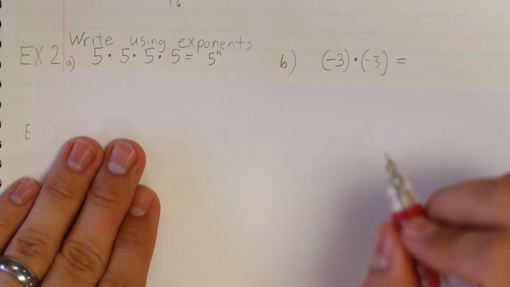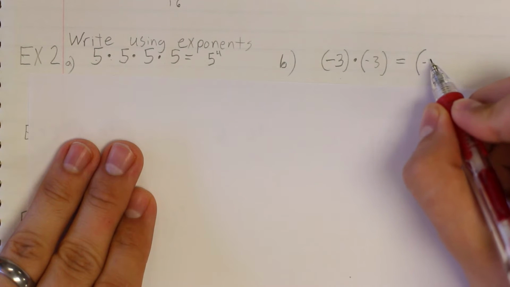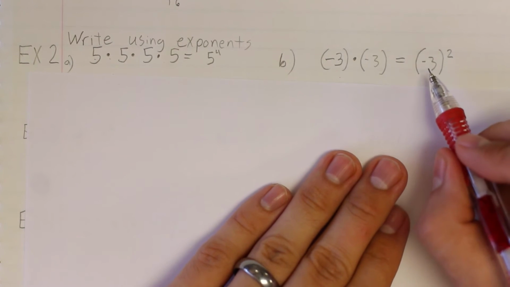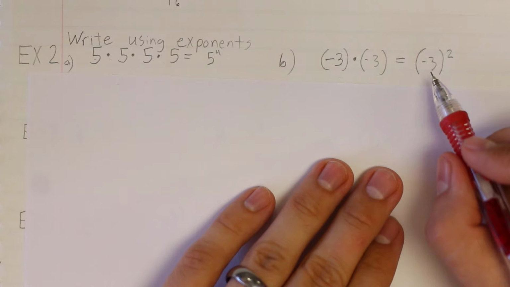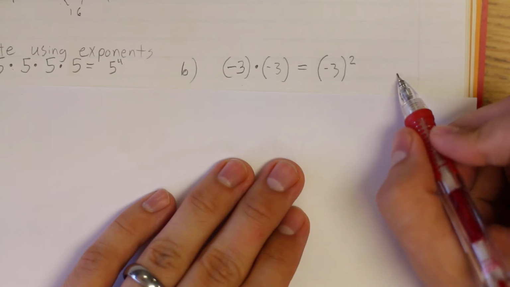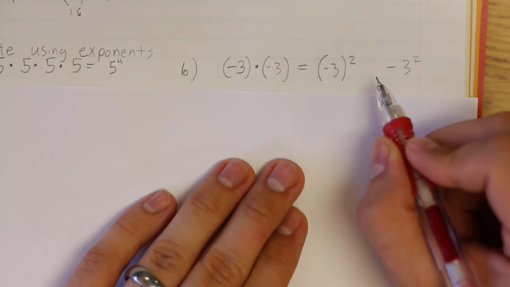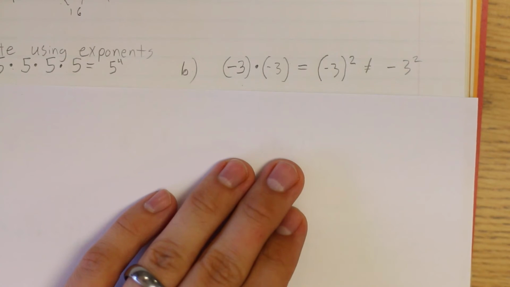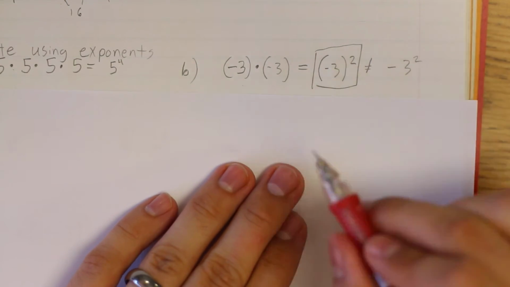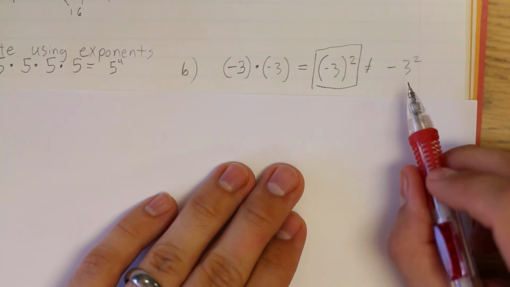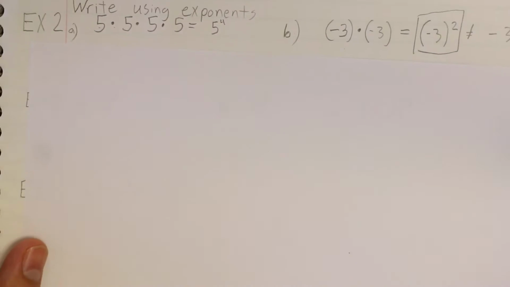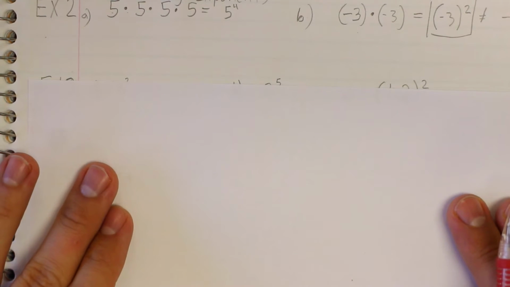Over here I have negative 3 times negative 3. Well, I'm going to put it in parentheses. And it is important that you put it in parentheses, because if you do not put the negative 3 in parentheses, it will not be the right answer, because negative 3 squared is different from negative 3 squared. These two are not equal to each other, okay? This right here is the correct answer for this. This, don't write it like this, wrong. We'll go over more in just a little bit about what makes that wrong, okay? But you just need to know that these two are not equal to each other. Okay, so moving along,